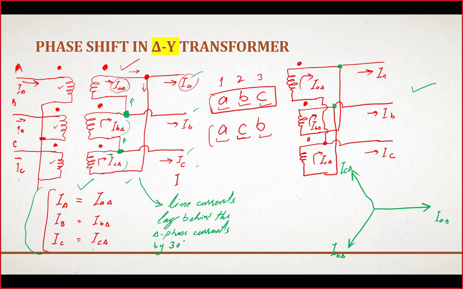Remember, these three currents IA, IB, IC will be exactly in phase with the delta currents, so this angle will be 120 degrees, 120 and 120 degrees. Now the first current over here, this is IA. IA mathematically is equal to IA delta minus IB delta, because this current which is flowing downward is traced back to the second phase, that is IB delta.